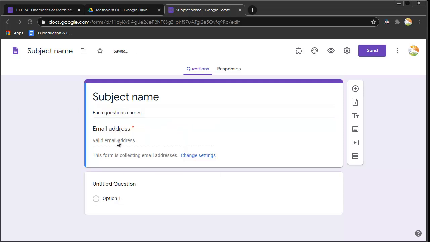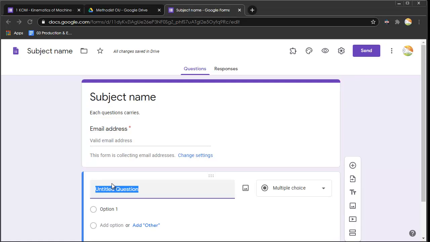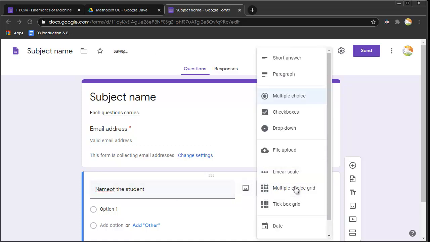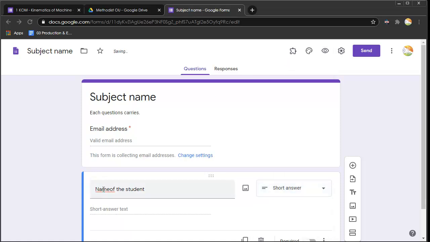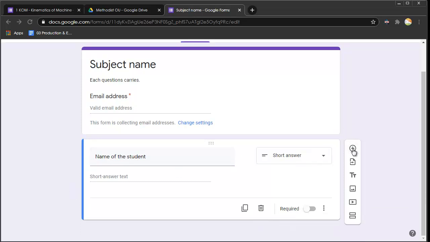Email ID, of course, it is collecting the email ID. Then we can collect the name of the student. The name has got to be a short answer, which I have to select from this drop-down menu. Then I have to click the plus sign over here.